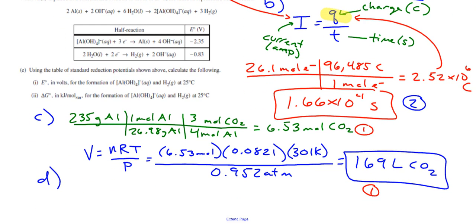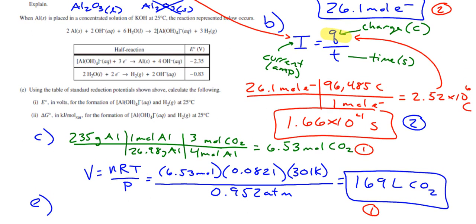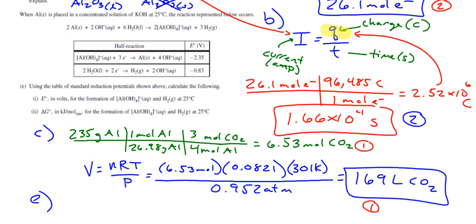All right, so I didn't really try to buy some space here, so this is still on the board. All right. Now it kind of resets. It says when aluminum is placed in a concentrated solution of KOH at 25 degrees, the reaction represented below occurs. They give you a bunch of stuff below it. They give you two